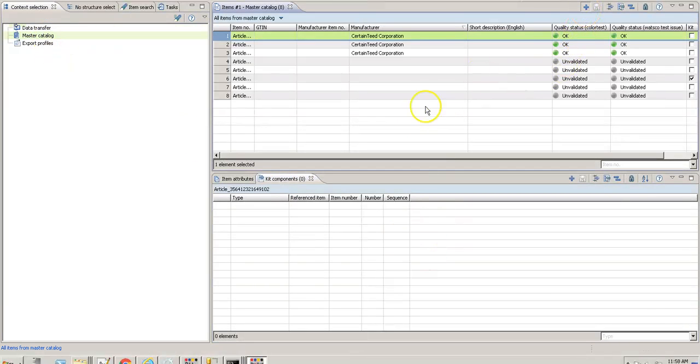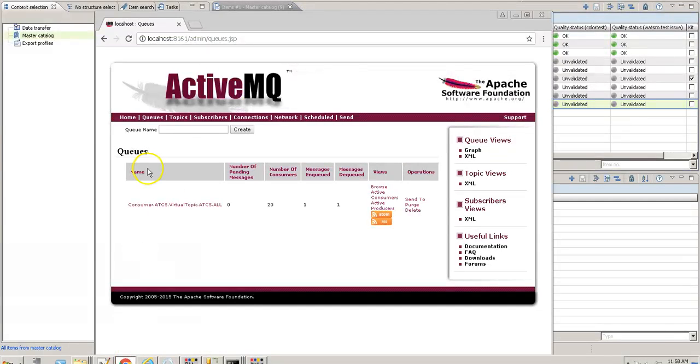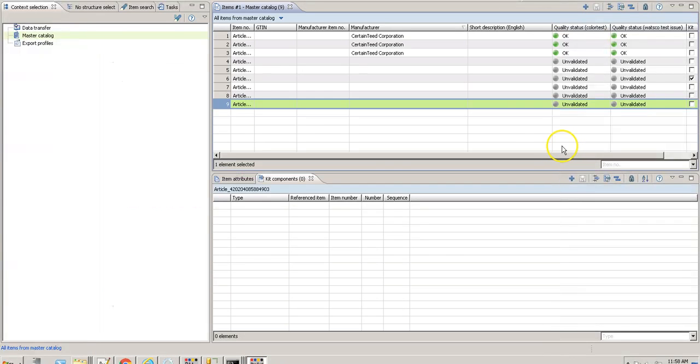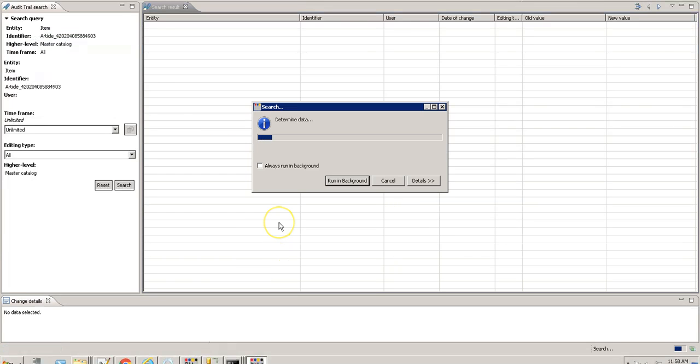Since it's integrated, just try to create an item. As soon as you create an item, just refresh the queue so that the messages should be enqueued and dequeued. See, the messages are increasing and decreasing. Messages are enqueuing and dequeuing. That means the PIM server is sending a message to ActiveMQ regarding the change, and the Audittrail server is able to dequeue the message correctly. So since everything is working correctly, you can just click on show all changes and you should be able